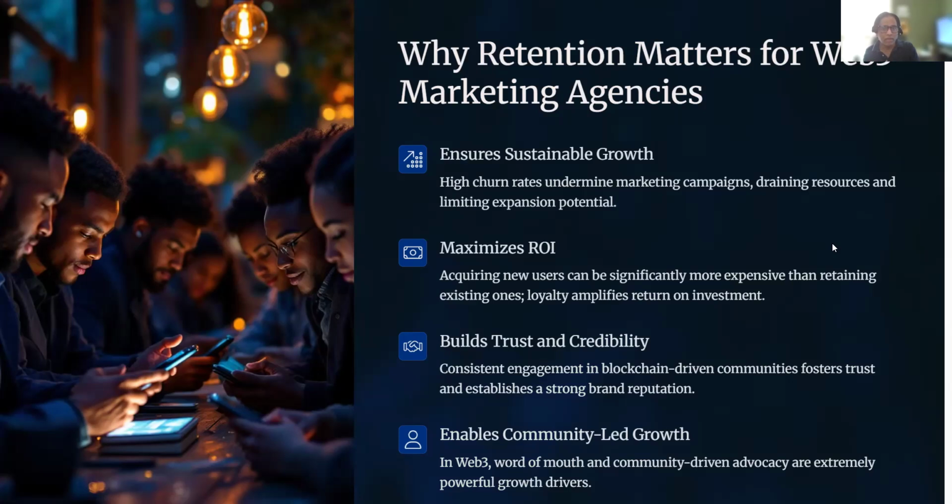So from the marketing agency's point of view, you need to understand with various metrics and graphs what exactly you can do to improve the retention rate, so that you can show progress in sustainable growth of your community around your NFT or blockchain technology, decentralized application, whatever may be the target audience you want to attract to create a community in the Web3 world.